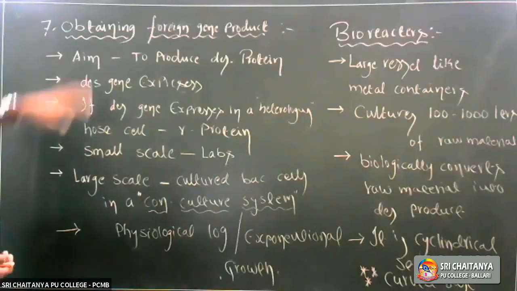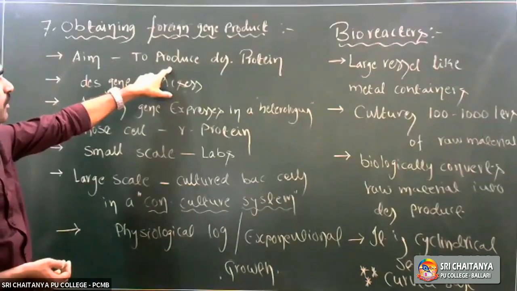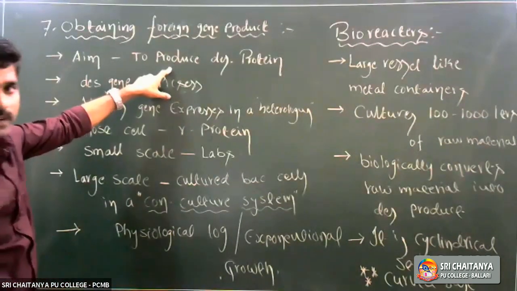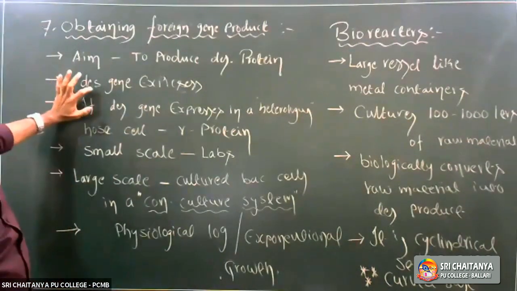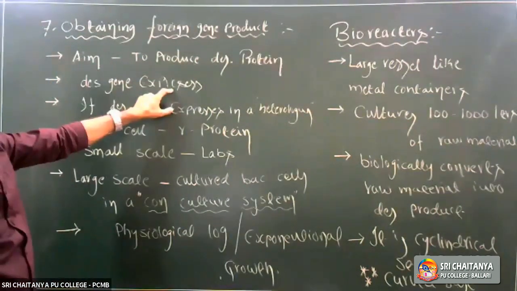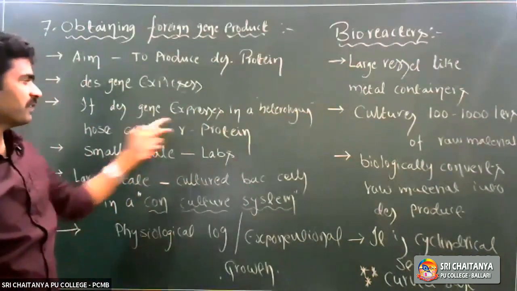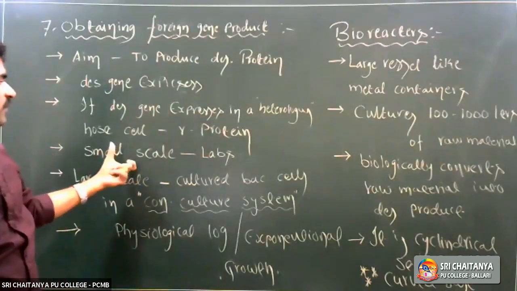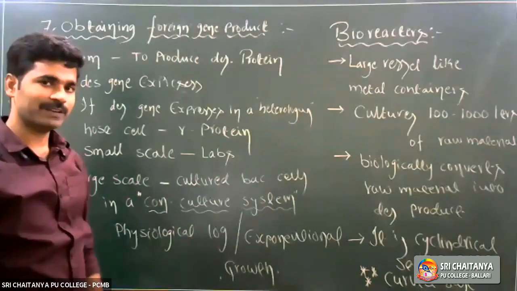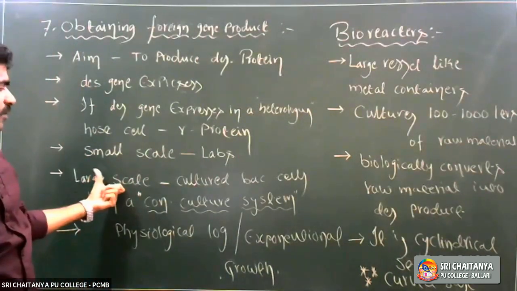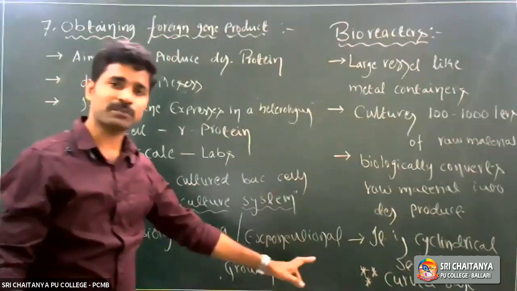What is the main or ultimate aim of rDNA technology? To produce a desirable product, or desirable protein, or enzyme, or antibody, or hormone. The desirable gene expresses within the host cell. If a desirable gene expresses in a heterologous host cell, we call it a recombinant protein. If we need a small quantity of desirable product, we culture the bacterial cells in the laboratory in a petri plate. If we require the desirable product in large quantity, we culture the bacterial cells in a continuous culture system, right,